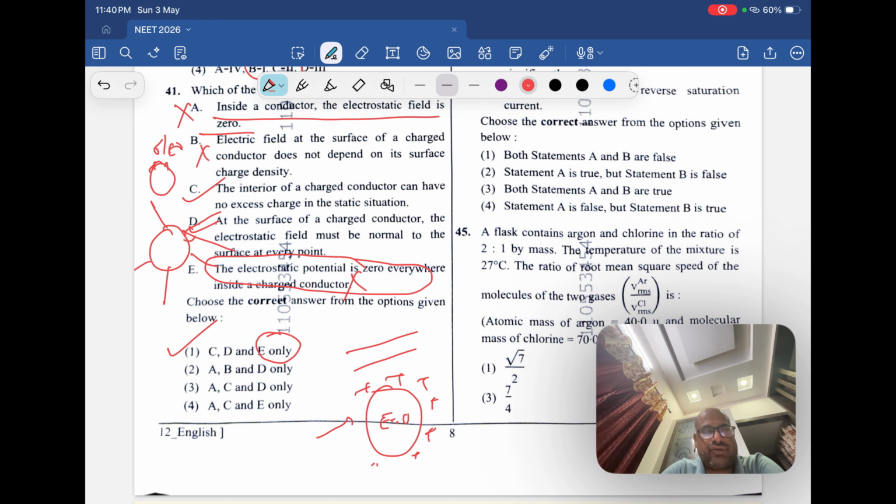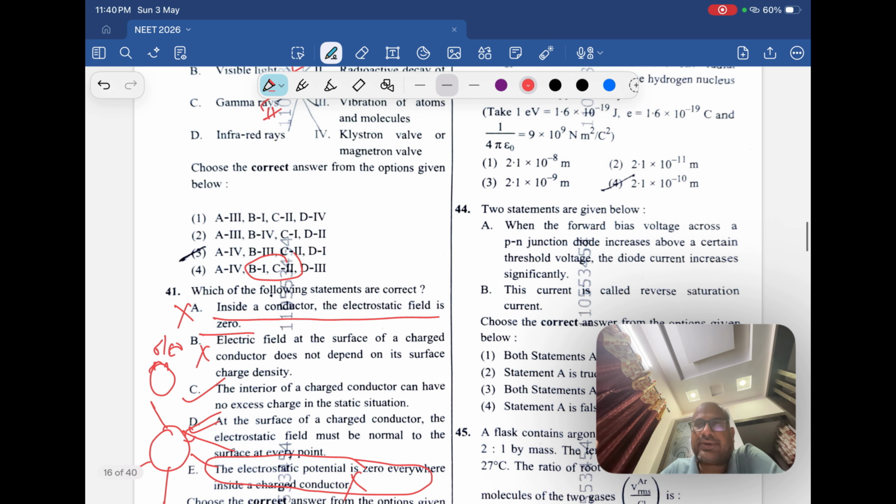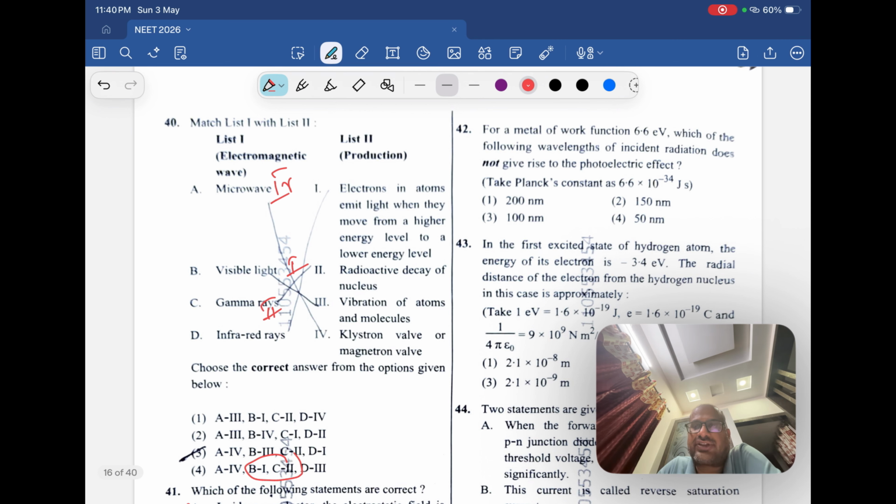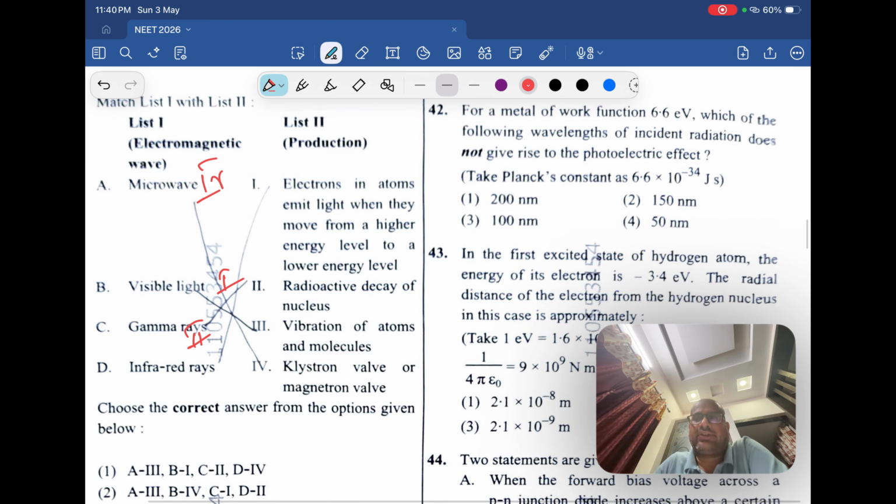Electrostatic, one dimension, no, potential cannot be zero, beta. Something obvious, ambiguous given it is. Okay. Yeah, let's see. Key also will be released, no? We'll see. Yeah, next. For a metal with work function 6.6 electron volt, which of the following wavelengths of incident radiation